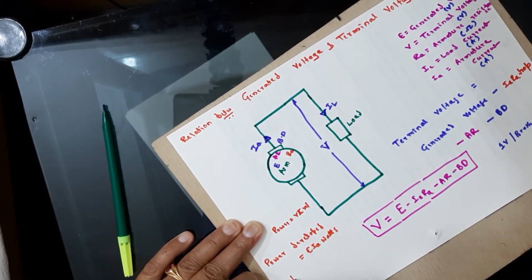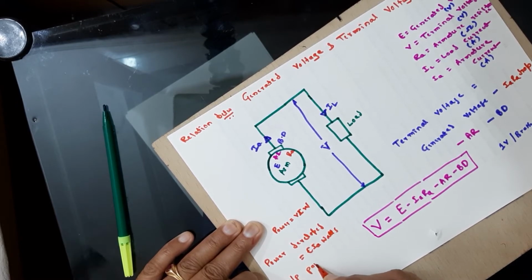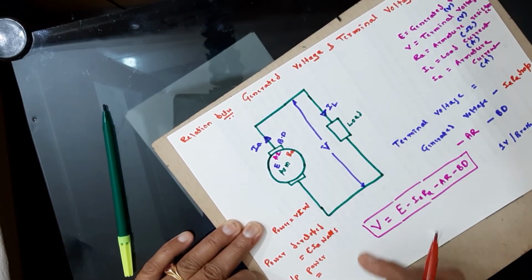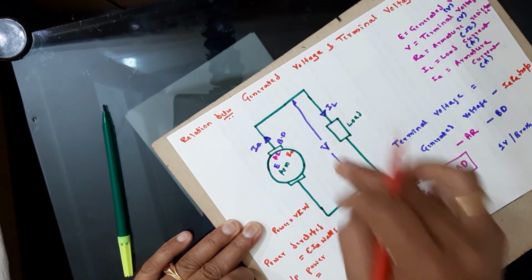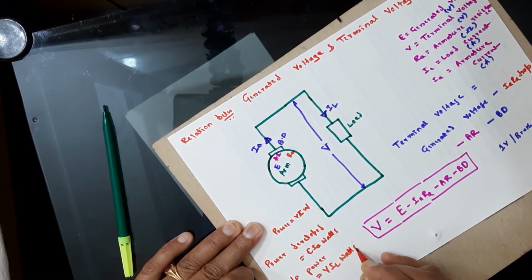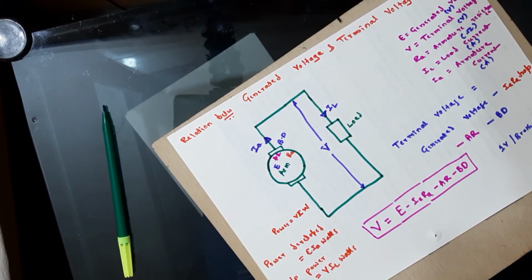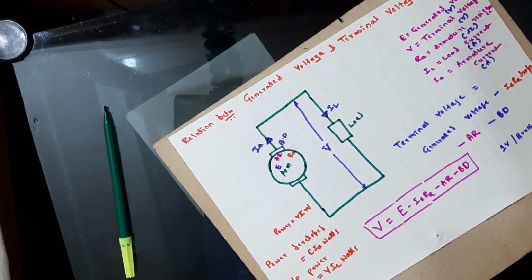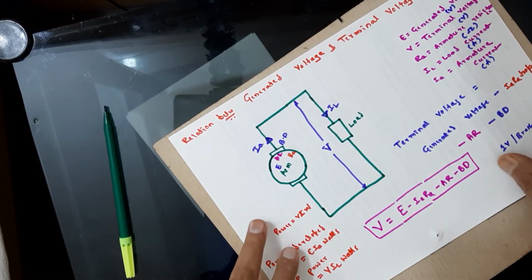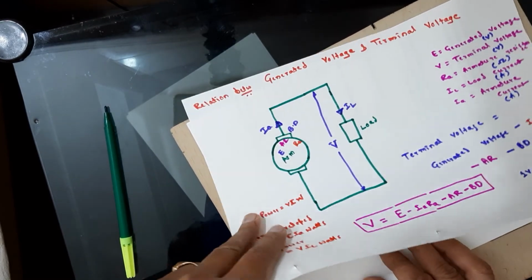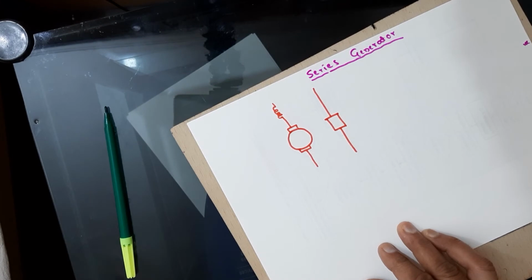However, the output power, that is the power which is delivered to the load, is once again a product of the voltage and current, taking the corresponding values. What is the voltage across the load? That is V. Then the current is I. This is how we establish the relation between the generator voltage and terminal voltage, and also express the power developed and the power output from the generator. This is the general case I have considered here. Then we will take up the machines one by one in detail.